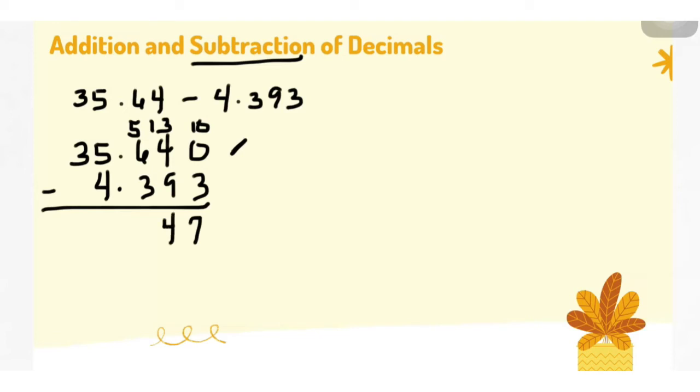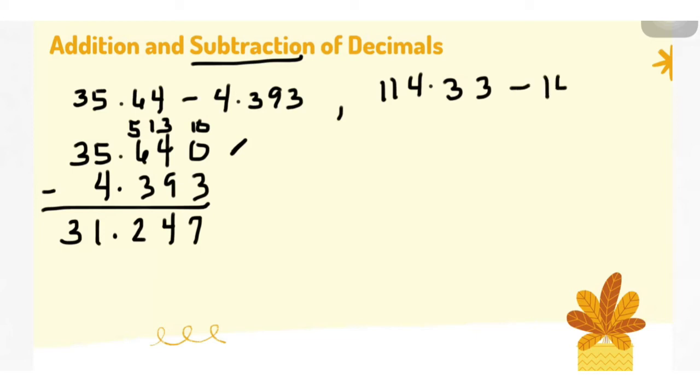Okay, 5 minus 3, pwede naman siya. So, 2. Okay, then yung decimal point, 5 minus 4 is 1, and bring down 3. Okay, so therefore, ang sagot natin ay 31 and 247 thousandths. Okay, next. For example, 114.33 or 114 and 33 hundredths